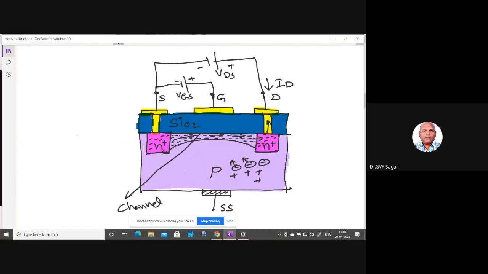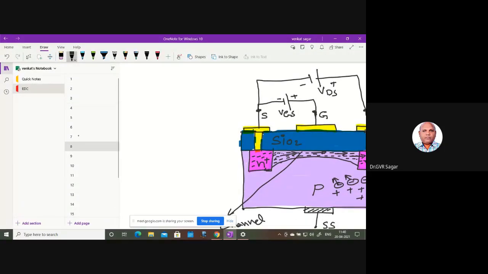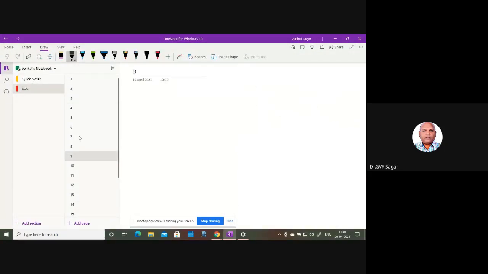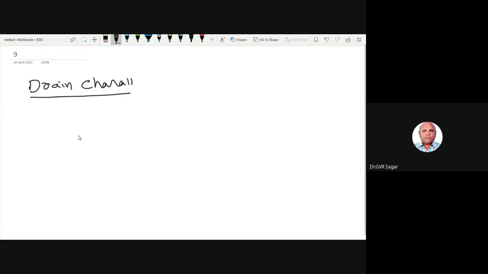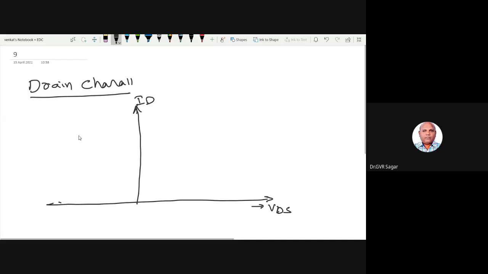Now, what are the characteristics? We will go through the characteristics now. Drain characteristics. These drain characteristics are drawn between, I think it's already well known, you know very well, the VDS and ID. So when there is no positive VGS voltage,